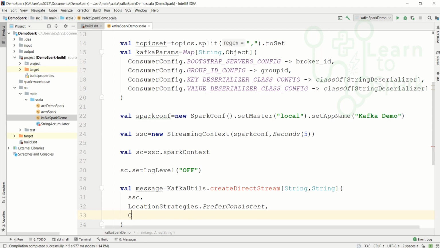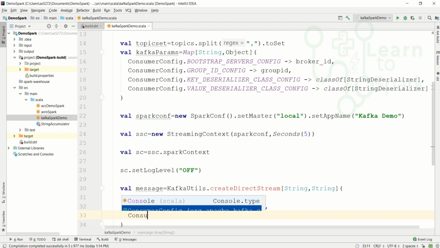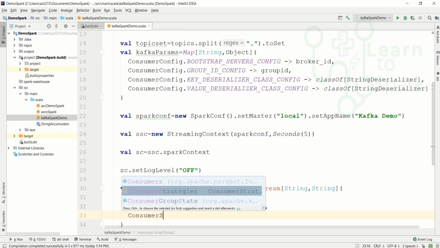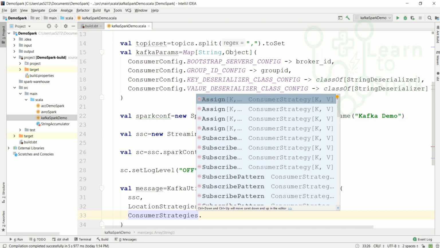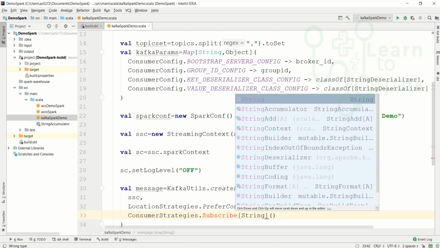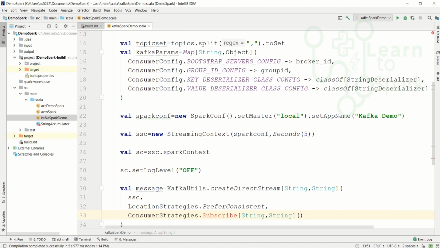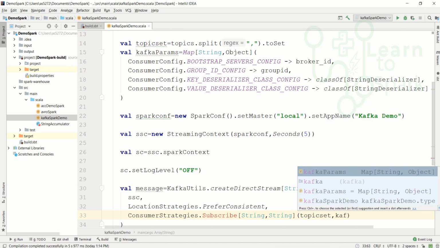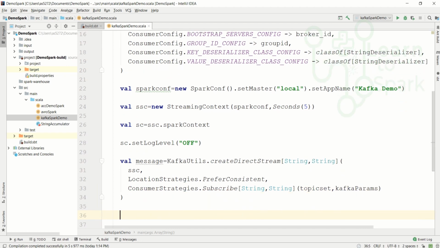The third parameter will be consumer strategy, for this we will be giving Subscribe of type string comma string, and the first parameter will be topic set, and the second parameter will be our Kafka params that we have. So now we have a message.